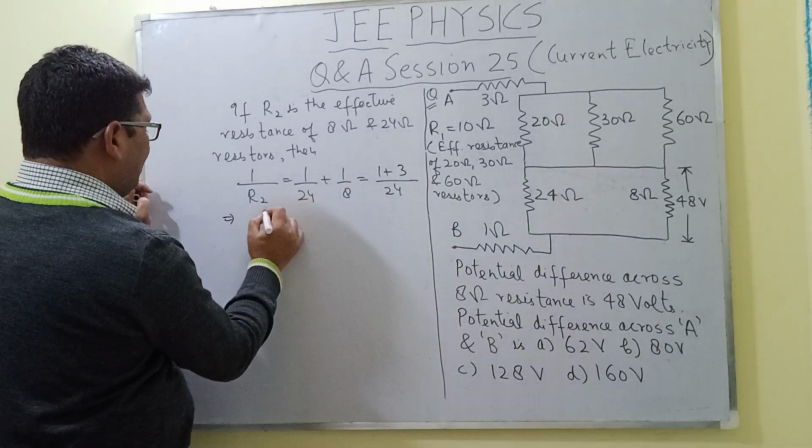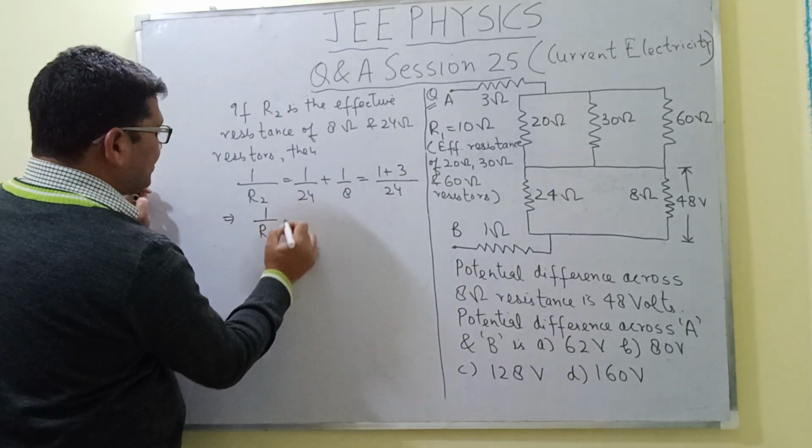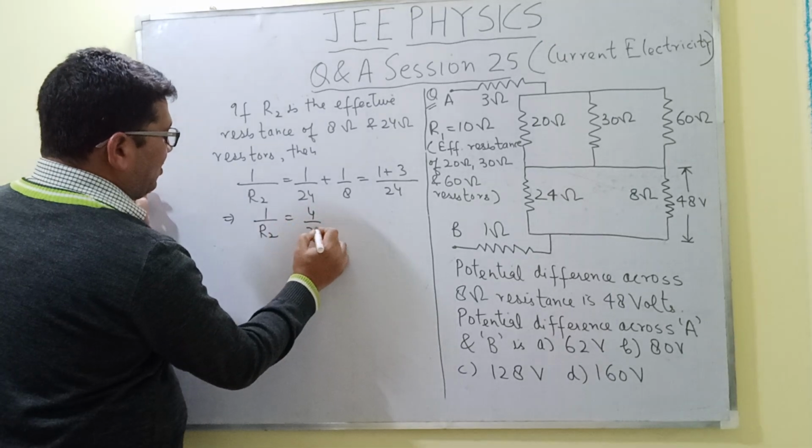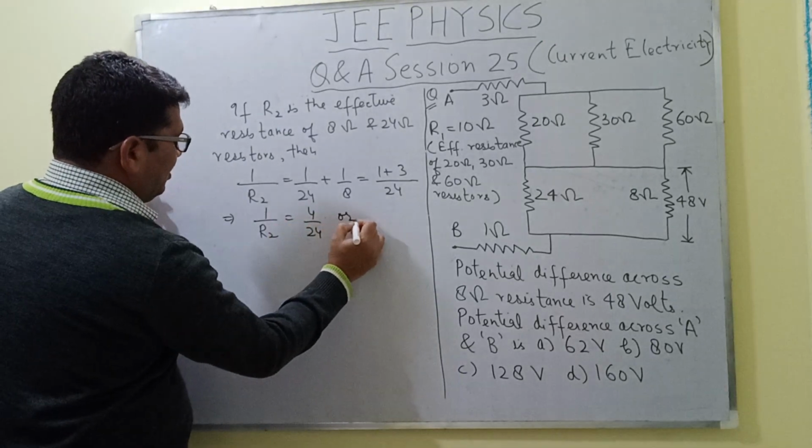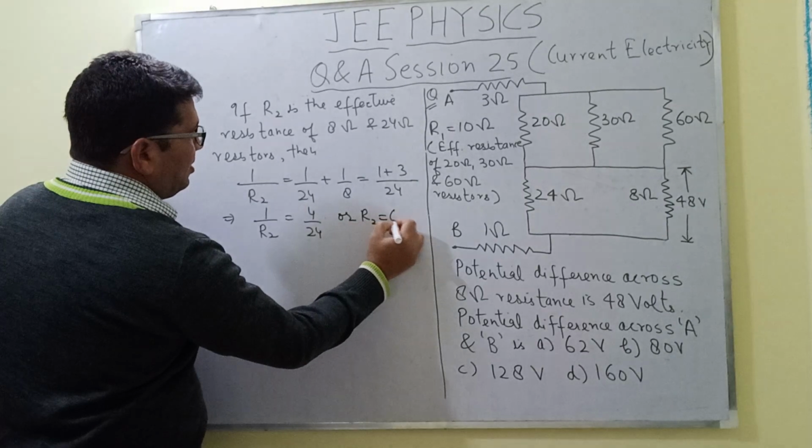So it implies that 1 by R2 is equal to 4 by 24, or R2 will be equal to 6